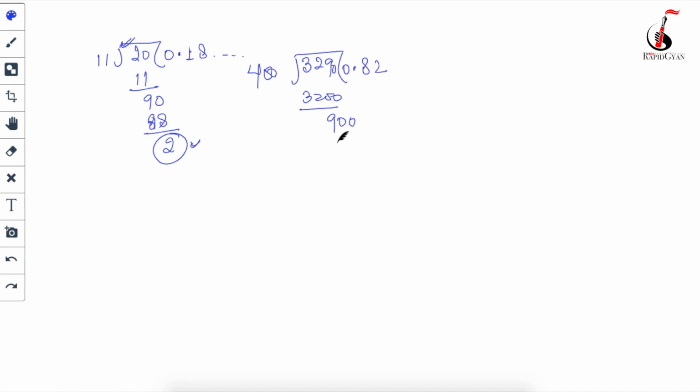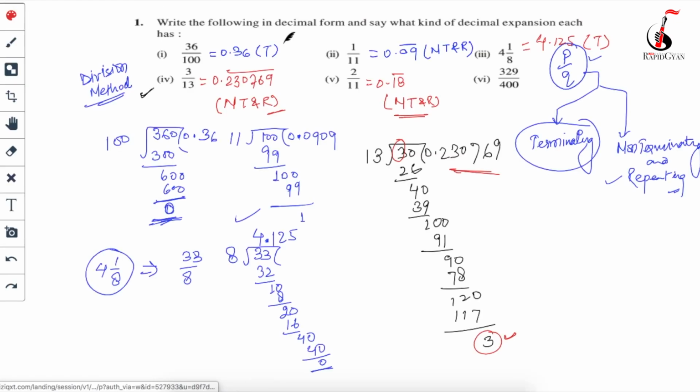Now it will go 2 times, which is 800. Remainder is 100, decimal is already there, it's 0. Again it will go 2 times, so it's 800, I will get 200, 10 because decimal is already there. Now it's 5, I will get 2000, and now my remainder becomes 0. So what's my answer? 0.8225. So I will write here, not here, here. My answer for this is 0.8225. And what kind of decimal expression is this? This one is a terminating decimal expression.